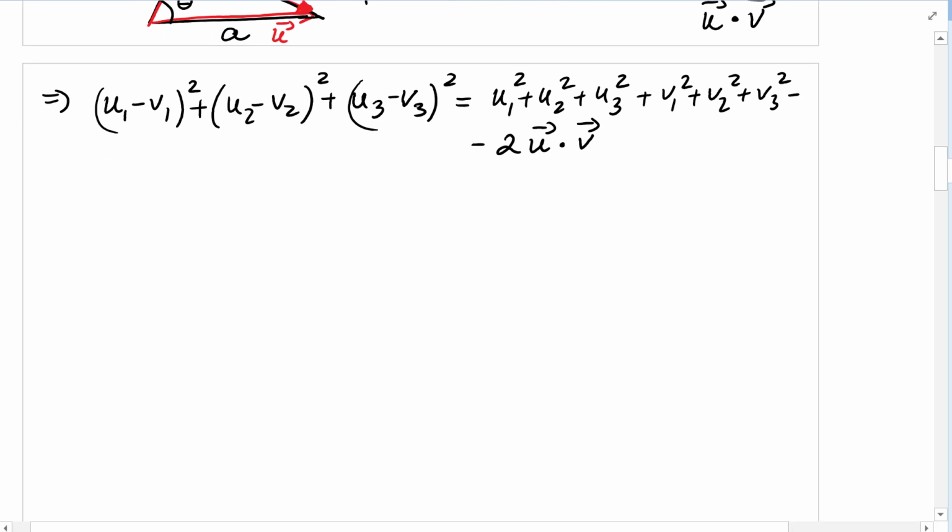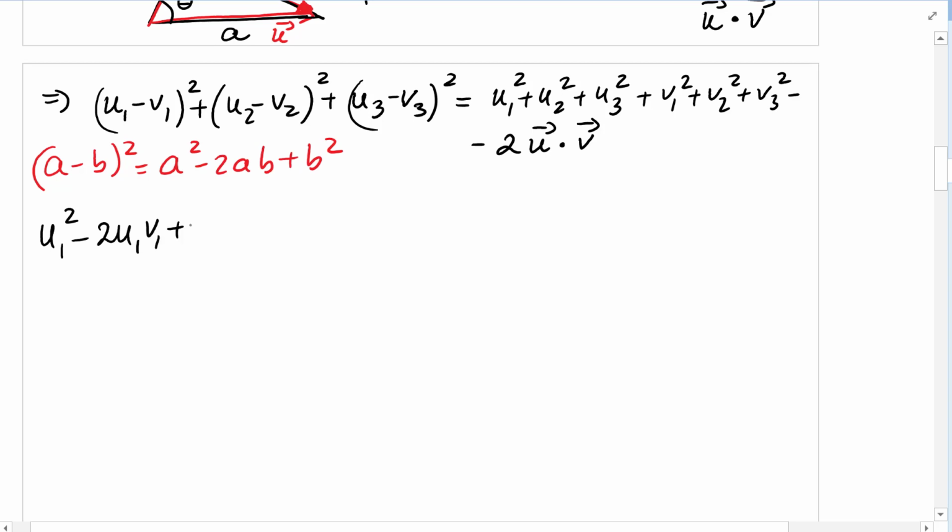Now if we open up the left hand side using the formula (a minus b) squared equals a squared minus 2ab plus b squared, we have u1 squared minus 2u1 v1 plus v1 squared plus u2 squared minus 2u2 v2 plus v2 squared plus u3 squared